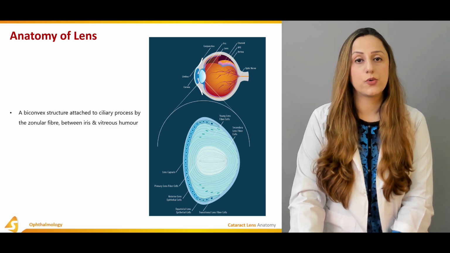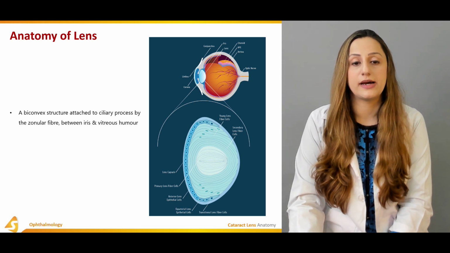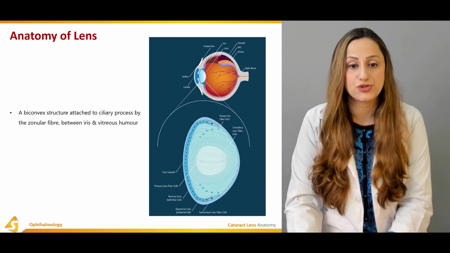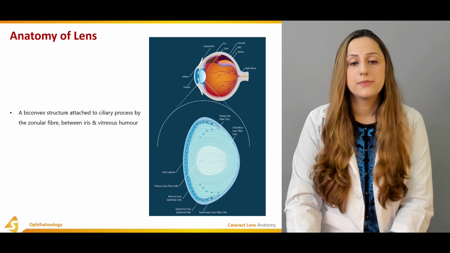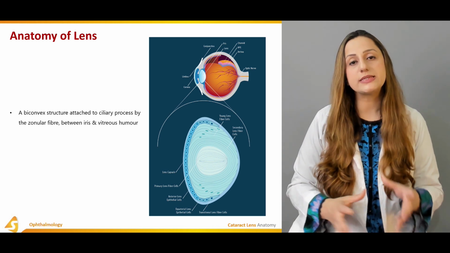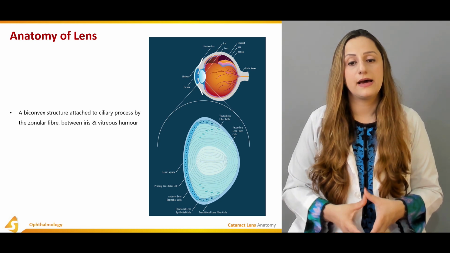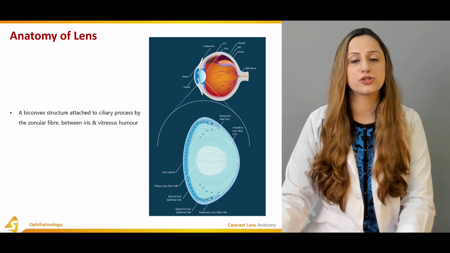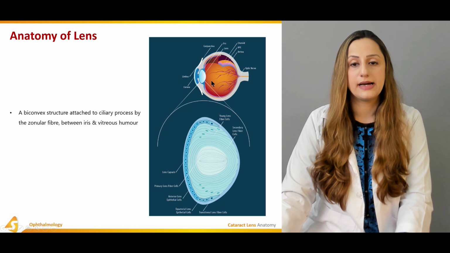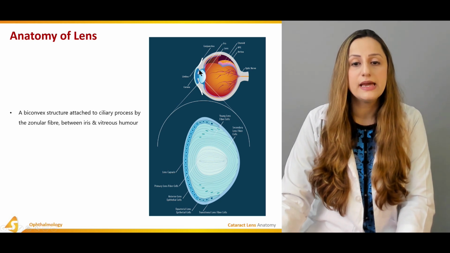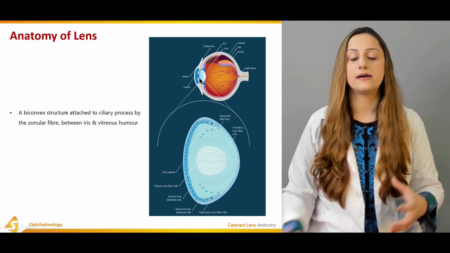When we look at the lens of the human eye, it is a biconvex structure that is attached to the ciliary processes by the zonular fibers, between the iris and the vitreous humor. So this is the basic anatomical position of the lens in the human eye. So what are the different structures? If we look grossly at the eyeball, we see the lens situated right over here,